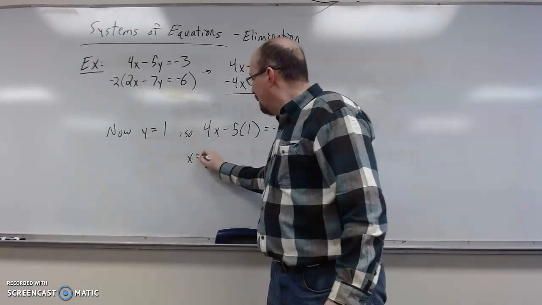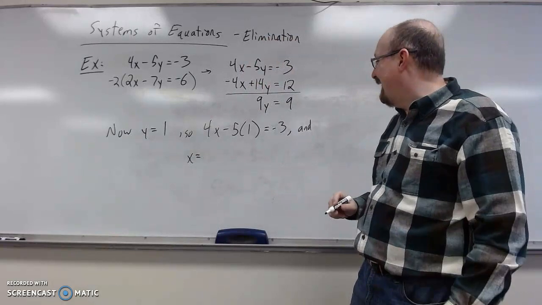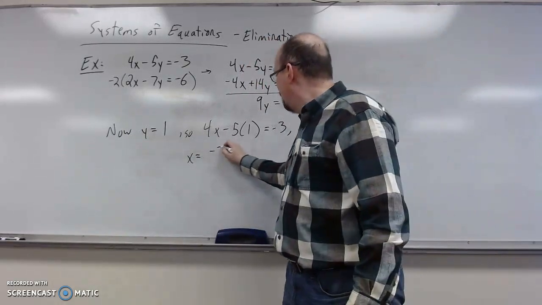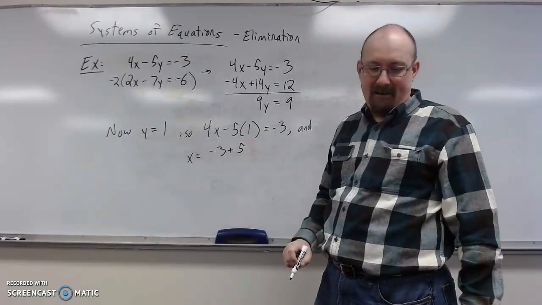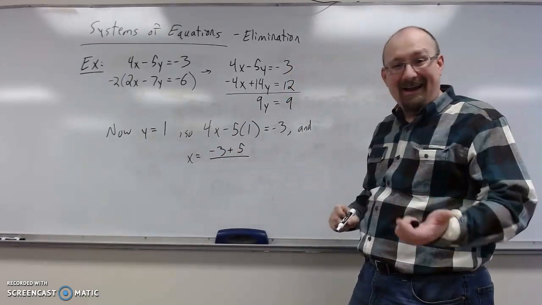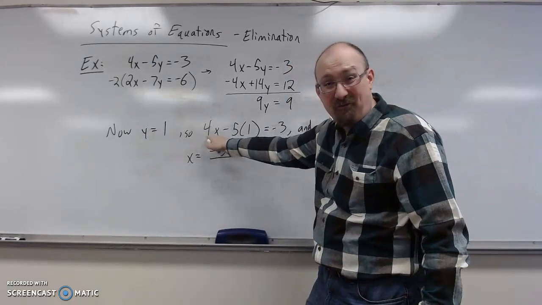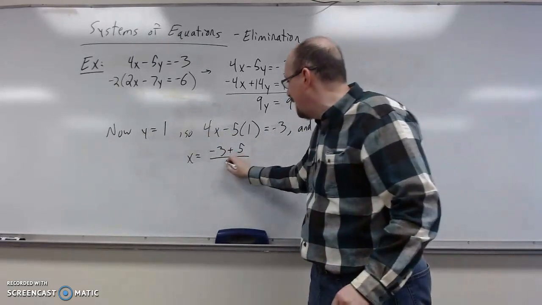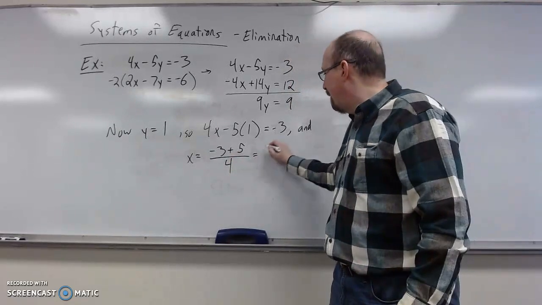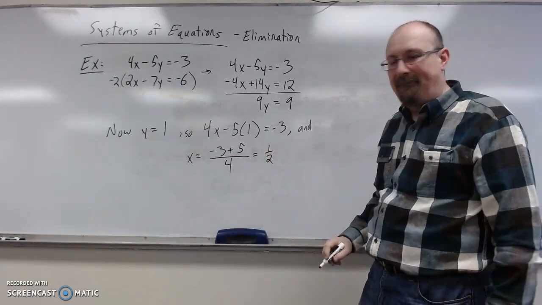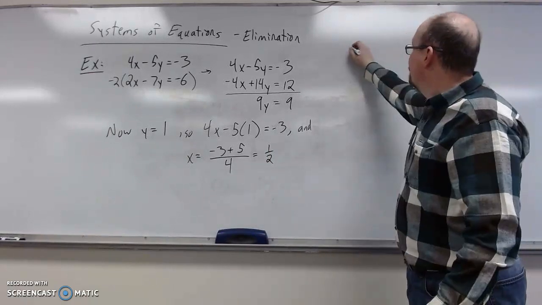And if I smash around the arithmetic to get x by itself, I'm going to have negative 3. To get rid of the minus 5, I add 5. Then I've got to divide that whole thing by this coefficient of 4 that's hovering around in front of the x. So negative 3 plus 5 is positive 2. 2 divided by 4 would be 1/2. So my overall solution